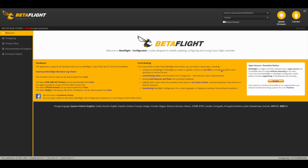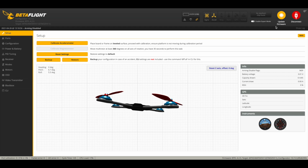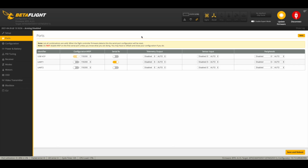Okay, I'm plugged in and I've got my radio on, so let's see what's going on here. And yeah, quad looks okay. I don't really think I need to recalibrate there. Ports wise,